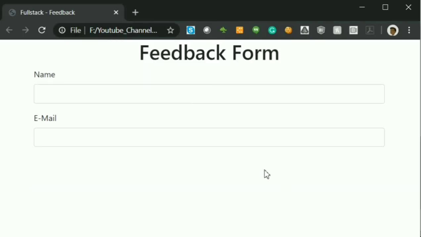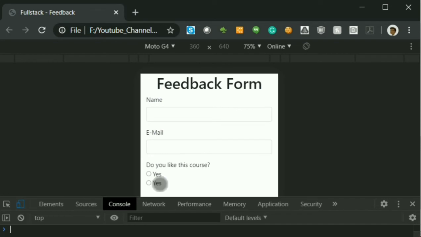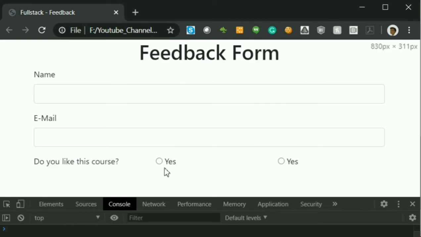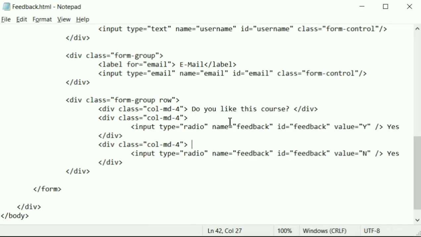If I refresh the page, we can see that question added to the form. This is coming in single line. It is large device, so we are having single line. If I change that view to mobile, it is coming in 2 different line in Moto G4. The question yes or no. If I change it back, it's coming in single line. This is because of the breakpoint. We set it as medium equal to 4 width, so that's the reason it's coming like that.